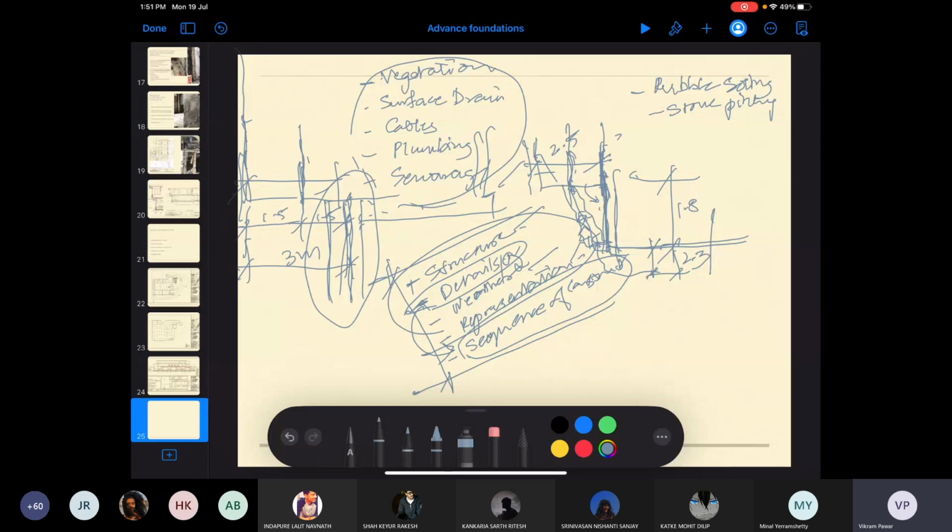These terms are loosely used one against the other, but I don't want you to get into the semantics of it so strongly. Let's understand what the role of a rubble is. A rubble or an aggregate is a dry layer.